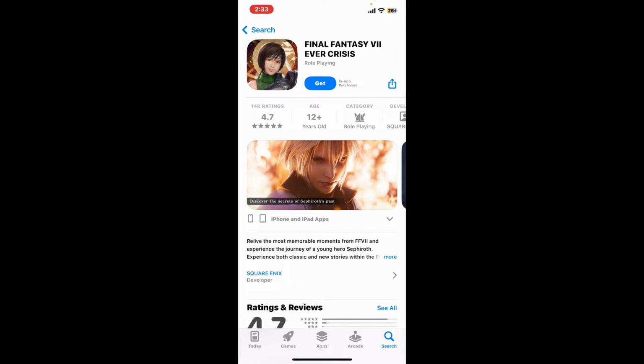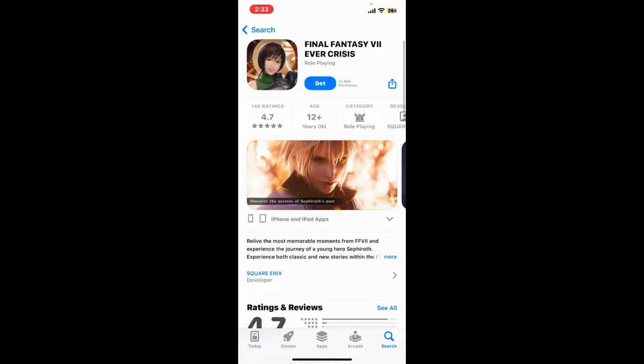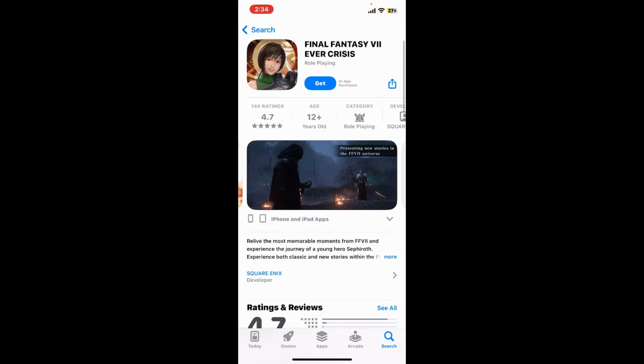downloaded. The Final Fantasy VII Ever Crisis is a role-playing video game developed by Applibot and Square Enix. The application is available for Android, iOS, and Windows. It forms a part of the compilation of Final Fantasy VII, a series of media spin-offs from the 1997 video games Final Fantasy VII. Wait until the application gets downloaded and you will be able to launch it open and